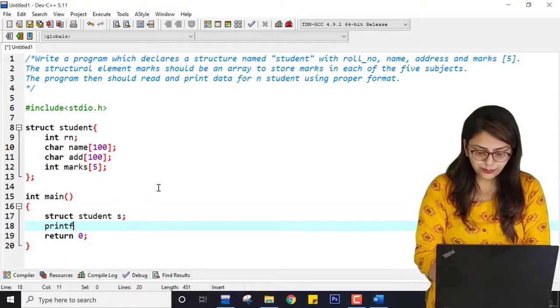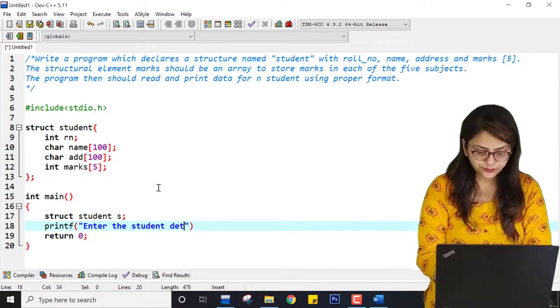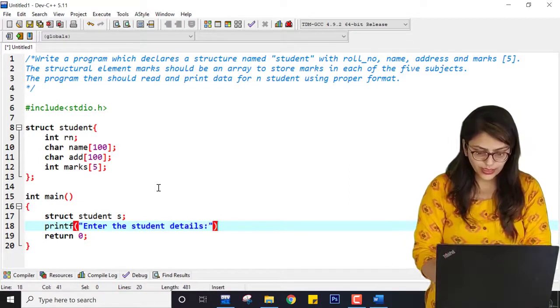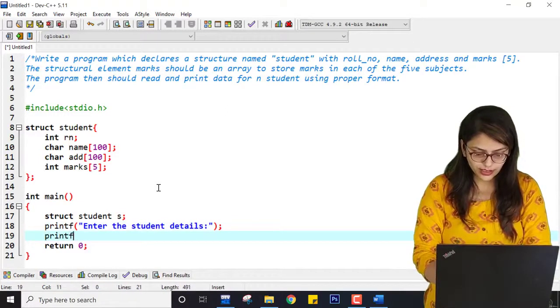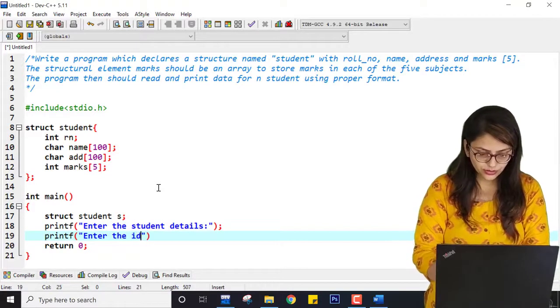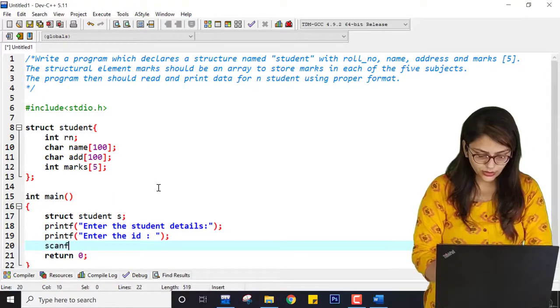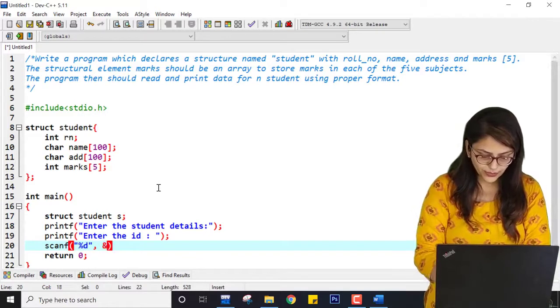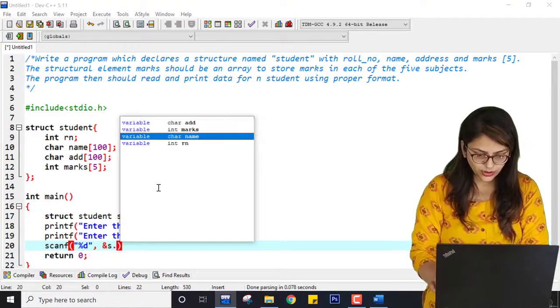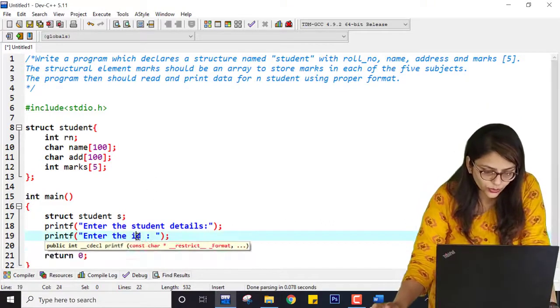Now to tell the user to enter the details, I print enter the student details, and then printf enter the ID. How can the ID be entered? Using scanf with %d and s dot roll number.